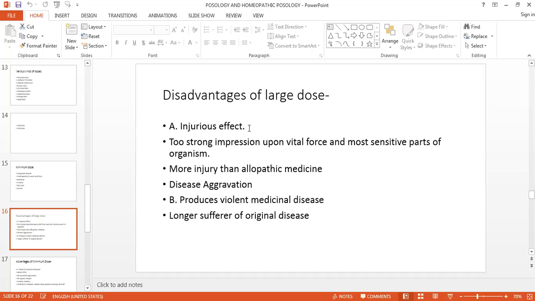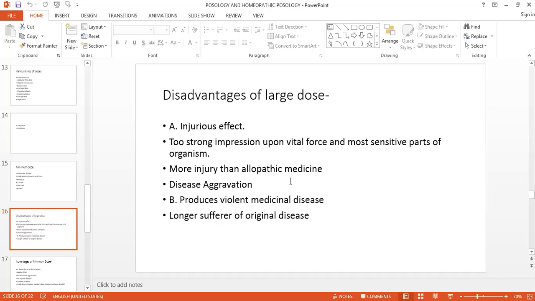For this reason, even though your medicine is homeopathic, which is suited to the disease, because of a large dose it may harm the process of cure. It does not have any relation that because it is a homeopathic medicine, a large dose is also fine. No, this is not the relation. That medicine may act just like allopathy and may cause injury.